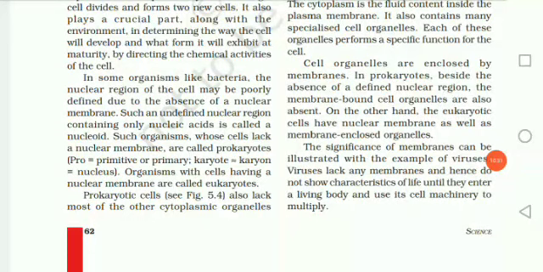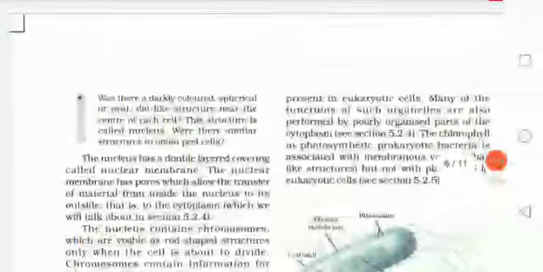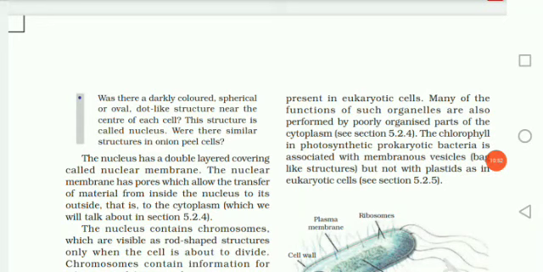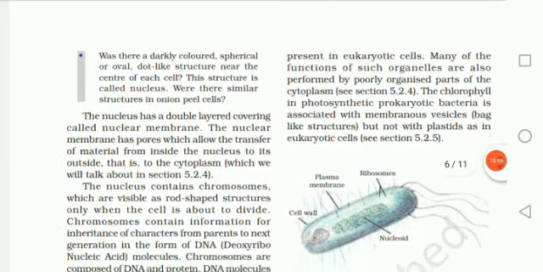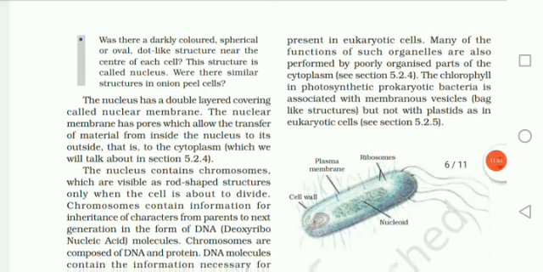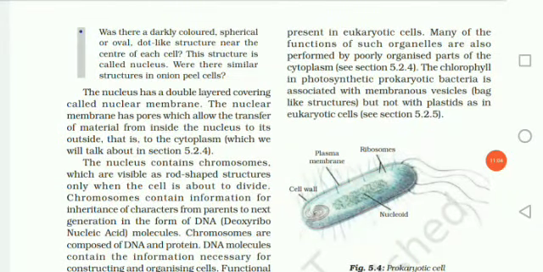In some organisms like bacteria, the nuclear region of the cell is very poorly defined because there is no defined nuclear membrane. There is only a nucleoid. Okay, so that is the prokaryote. Prokaryotic cells lack most of the cytoplasmic organelles. Fine, so we have seen that. The chlorophyll in photosynthetic prokaryotic bacteria is associated with membranous vesicles but not with plastids as in